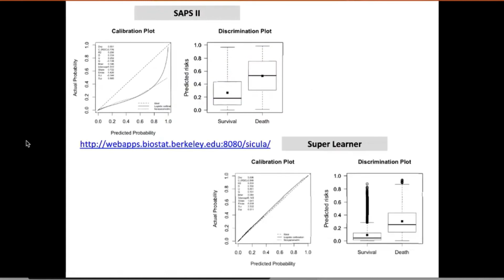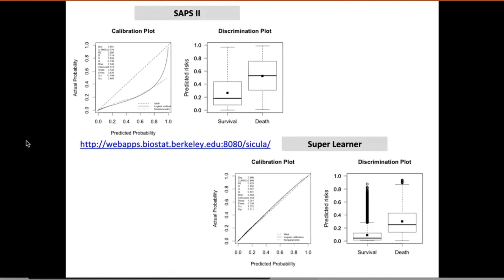And the very nice result about the super learner is that in internal as well as in external validation, we're able to obtain a much better calibration of the score as compared to the SAPS-2 score. So again, here was much more of a proof of concept rather than really something that was meant to be used in practice. And the proof of concept was really to show that using a much more flexible approach to predict mortality in the ICU could actually improve the performance and the calibration of the score.